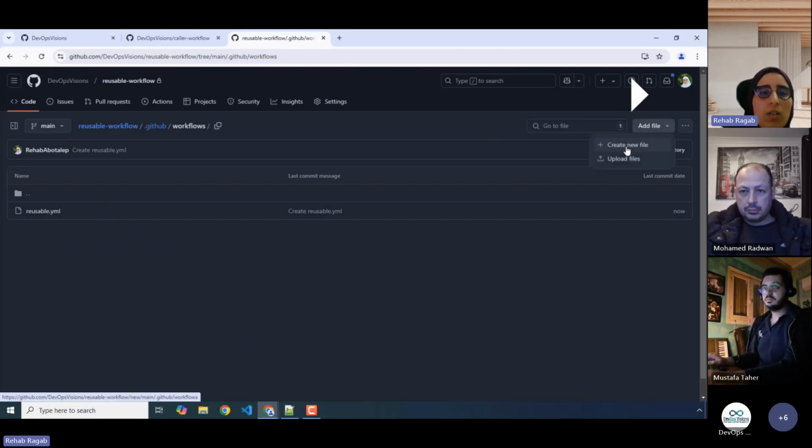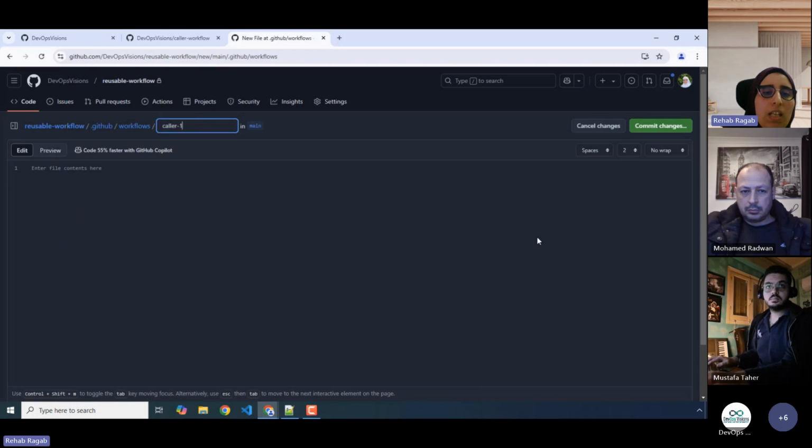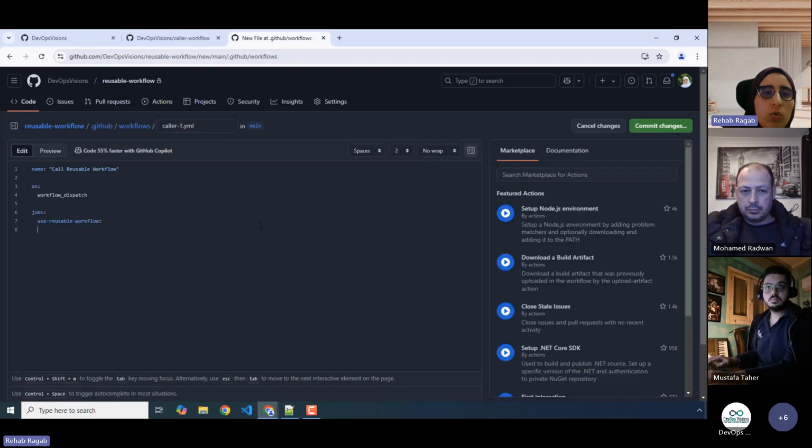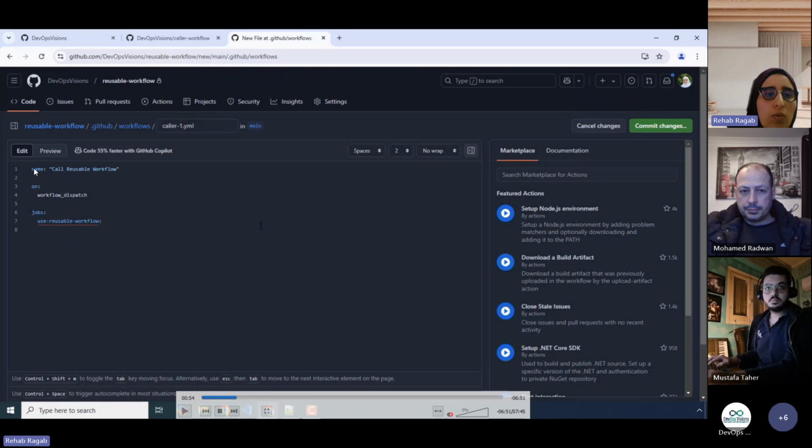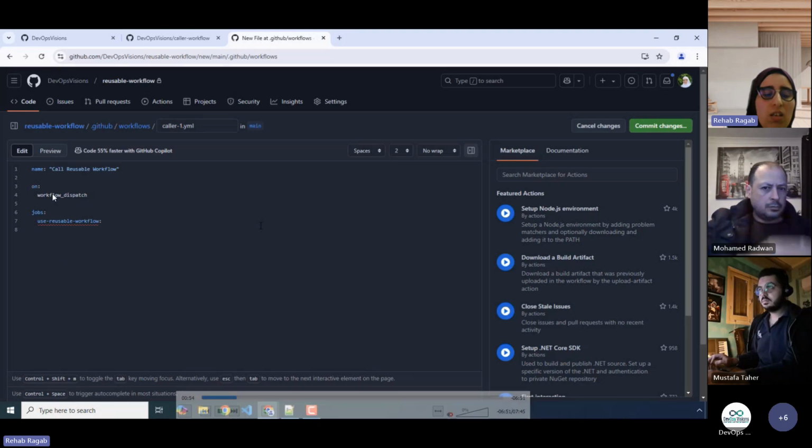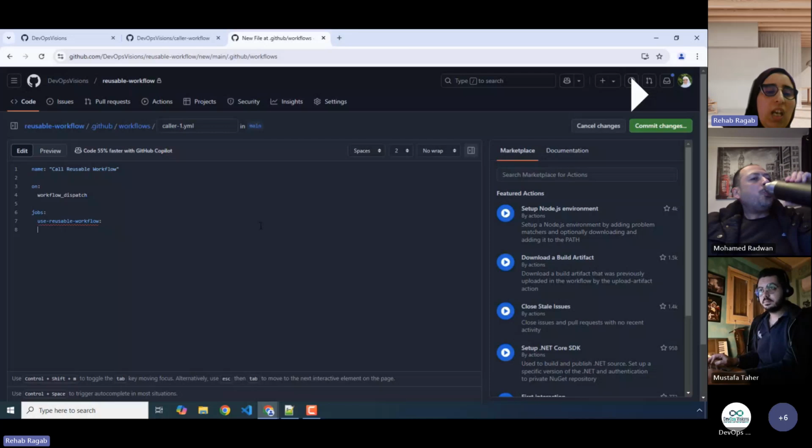Let's create a new file and name it caller1.yaml. This workflow again has a name and the trigger on. In my case, I just add workflow_dispatch to trigger it manually.